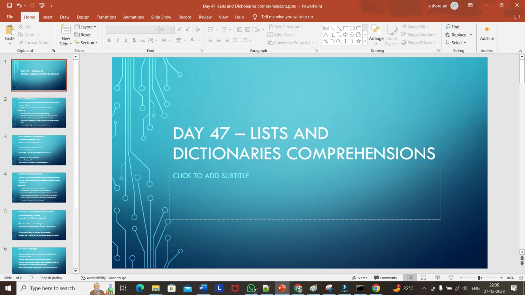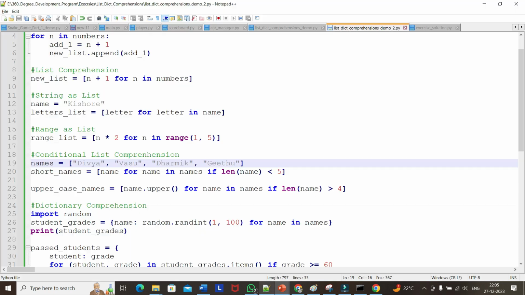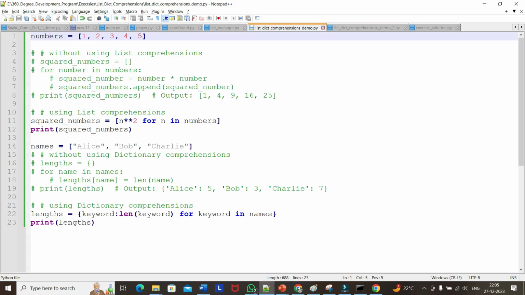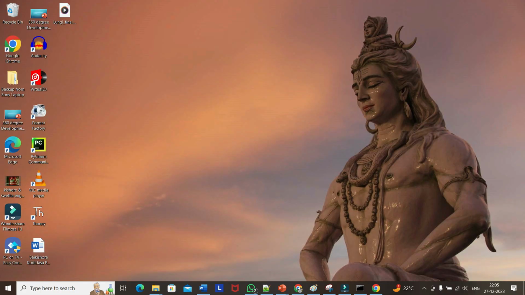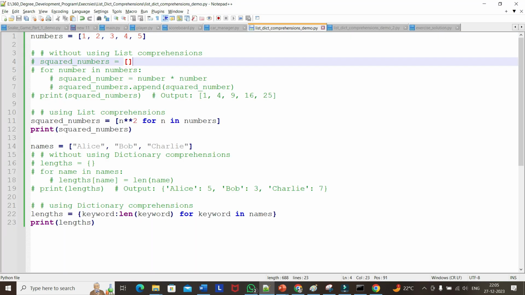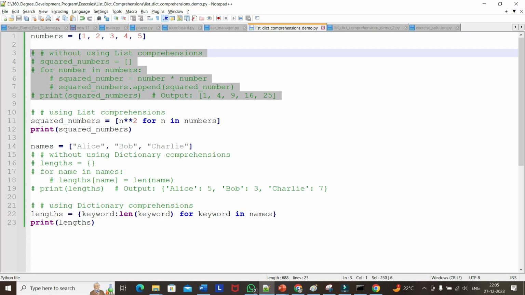Let's go to the demo, for example. We are taking numbers as a list. Now we have five numbers: 1, 2, 3, 4. Now if we want to write the same thing, to apply the square for every number,